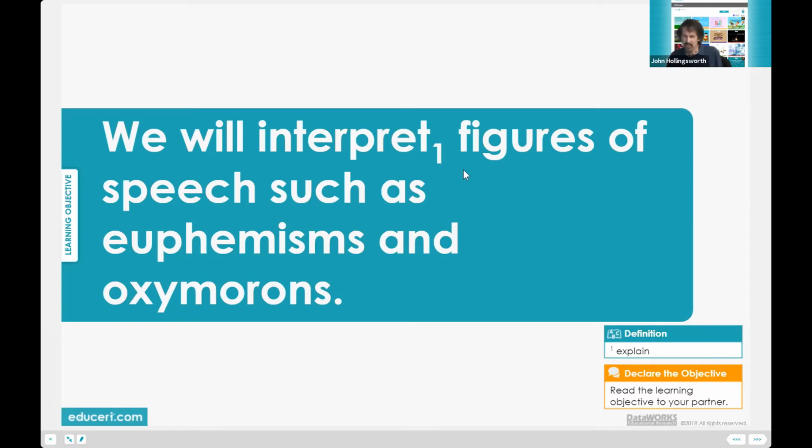Okay, so interpret, and I've got it footnoted, means to explain something. So anytime you give a definition, give an example. So when the teacher wants to interpret your grades, she's going to explain your grades. Okay, explain the meaning. I can interpret or explain what this diagram means. I could do a checking for understanding right here. I'm going to ask someone what interpret means, and you're going to say interpret means. You can just say to explain, but I'd like you to come up with your own sentence.